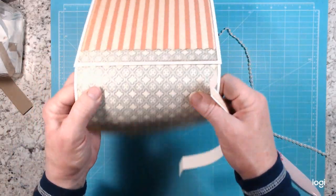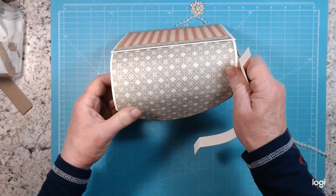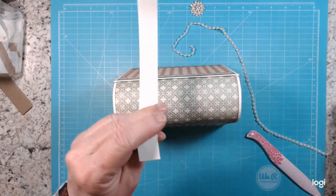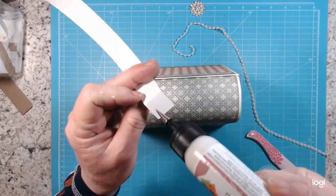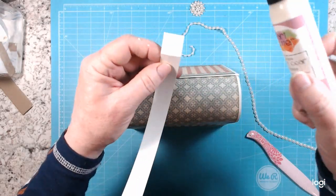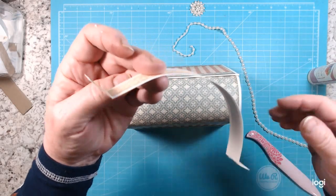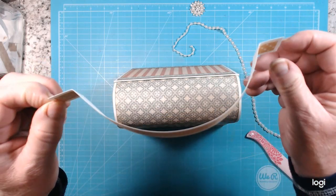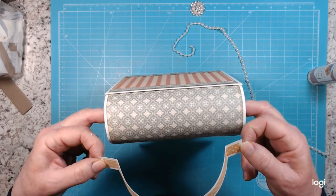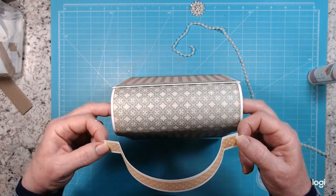Well, let's see. I think I'm just going to leave it adhered so I know where to put it. So I'm going to take my art glitter glue and give it a nice heavy amount of glue, because I don't want this coming off. And then I'm just going to grab it at the very ends. And as you can see where I'm lifting it up, that's about where I'm going to put my handles, because that's going to be the center of